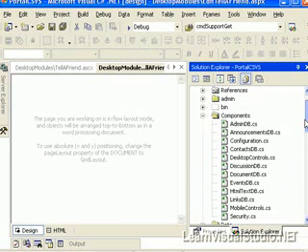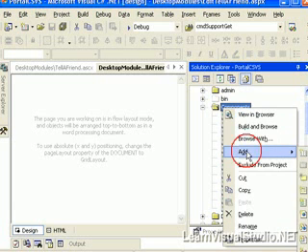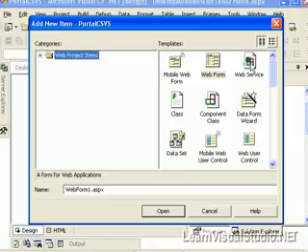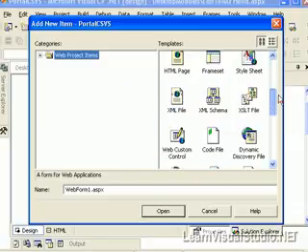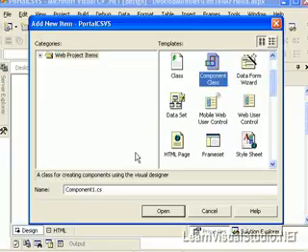Now one of the conventions that they use in iBuySpy is to actually create a component that encapsulates the functionality of connecting to the database and so forth. So we're going to create a new class called, or a component called settingsdb.cs. Let's go add new item. I'm going to go down to component,